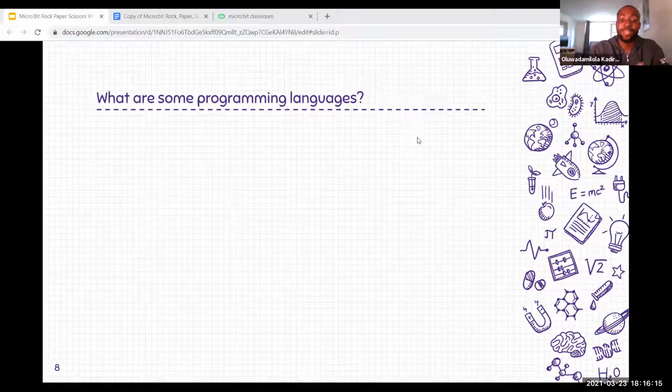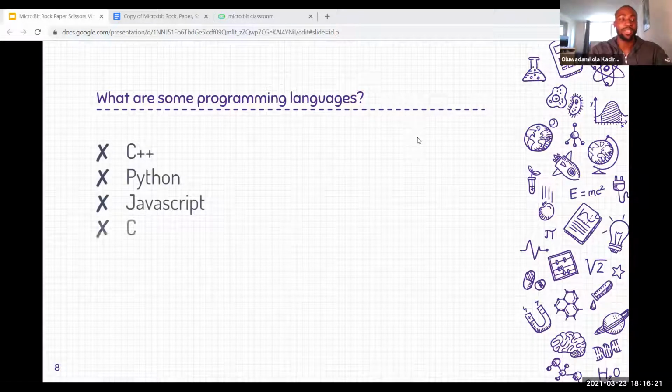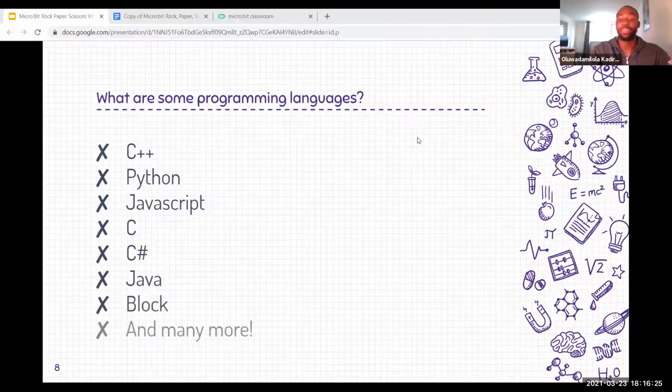So some examples of programming languages are C++, like you guys have named, Python, JavaScript, C, C#, Java, Block, and there's many more. The reason we have so many different types of programming languages is because they're all made to do different things. So languages like JavaScript are very suited to make websites.